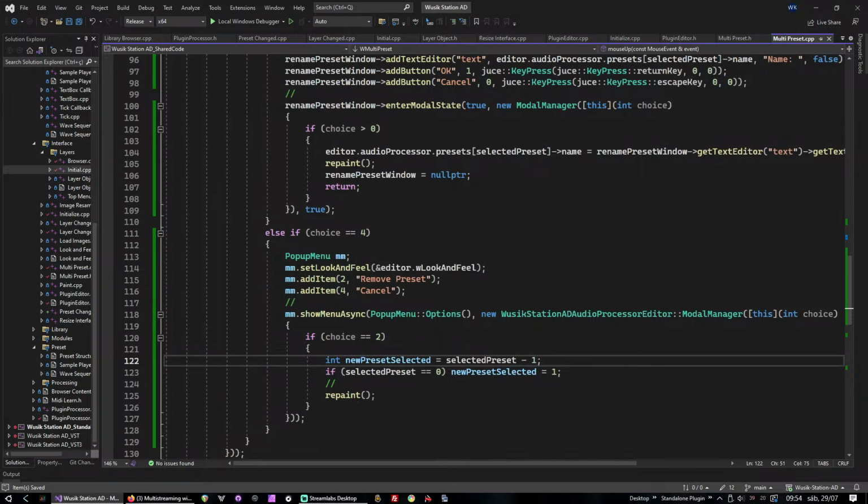It moves up or selects the one below it. Or always selects the one below it, maybe. Unless it's the last one. But this should work. So what you can do now is go like